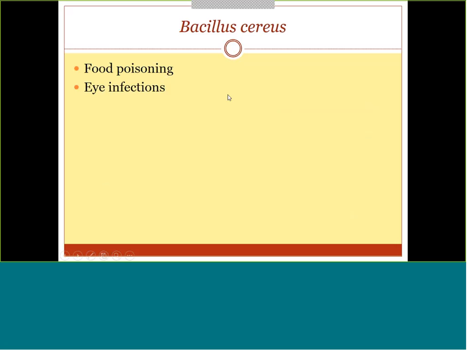All right, the other Bacillus that I discussed that we need to know is Bacillus cereus. The 2 diseases I want you to link here are food poisoning and eye infections. A lot of times with the food poisoning, it could be just the spores that were left over because, again, Bacillus does produce spores. Or in the case of Bacillus cereus, it very much produces a neurotoxin, and that neurotoxin can be left behind in contaminated meat,